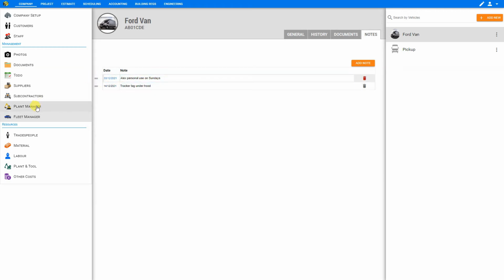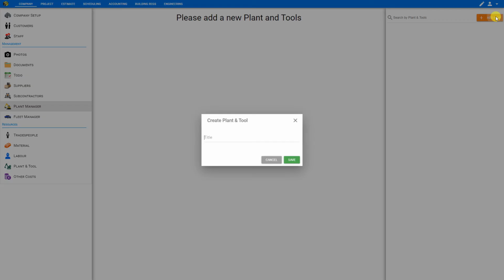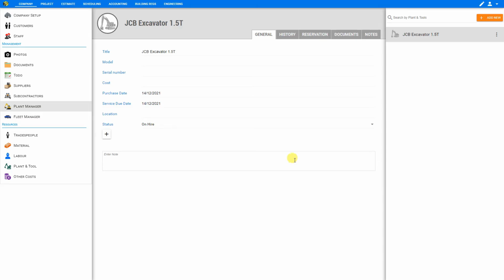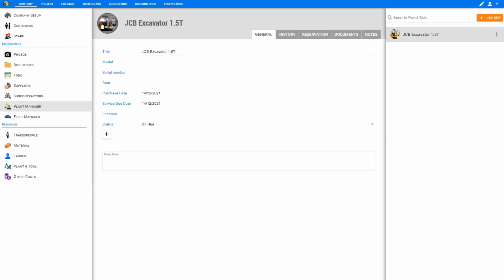Next, let's take a look at the Plant Manager. And here we can manage our various plant and tools. So we'll start by adding a new item. And in this case, we'll add the JCB excavator 1.5 ton. And we'll save that. And we will add an image for this plant. And this will help us to identify this one quickly from a long list of plant and tool when this fills out eventually. Here we can input the model number and the serial number